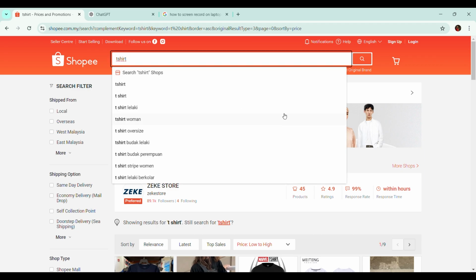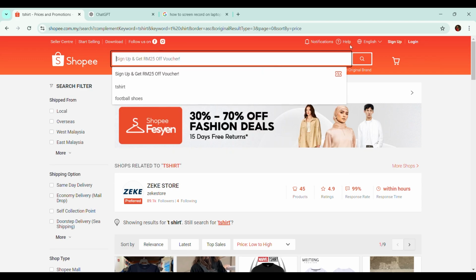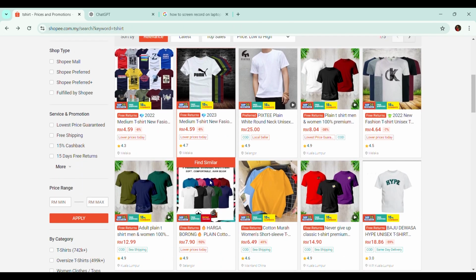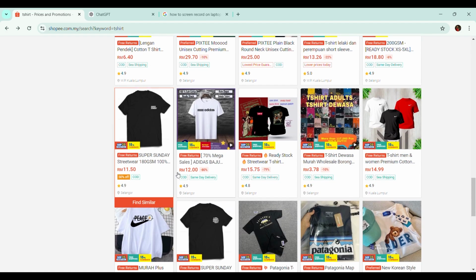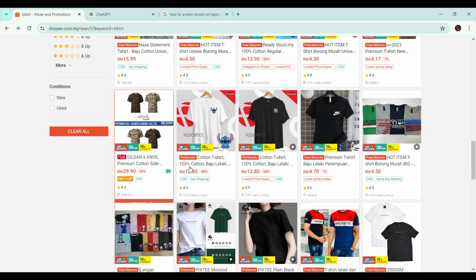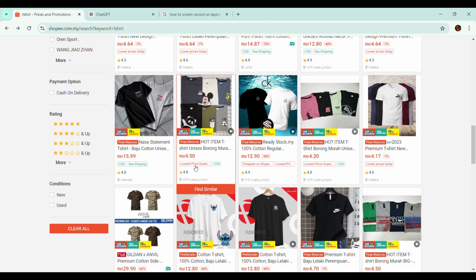As you can see, this whole thing that I'm screen recording right now is the design of the Shopee app. You have icons like notifications, help, language selection, sign up slash login, and then start selling, download, and all this is the interface, basically the design of the product featured in the Shopee app.